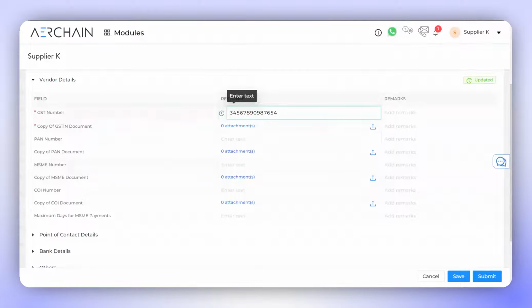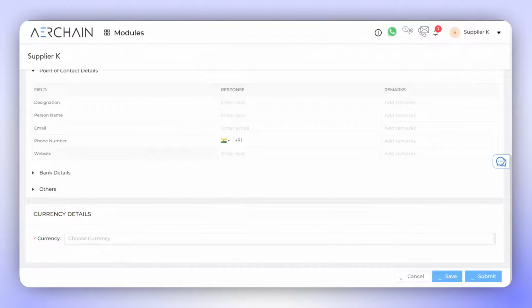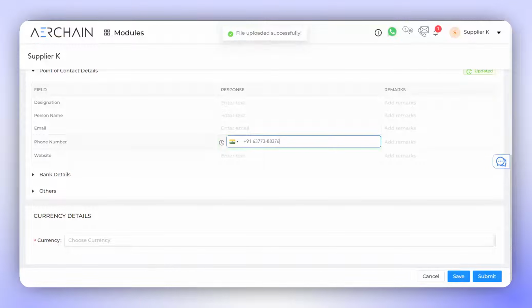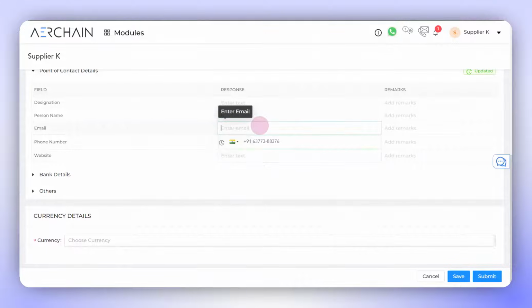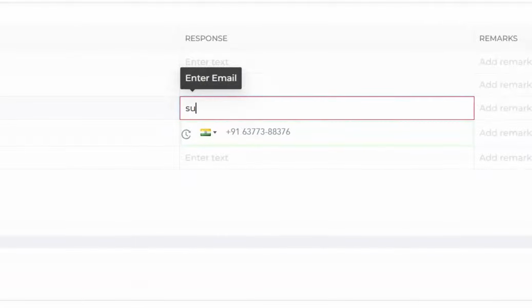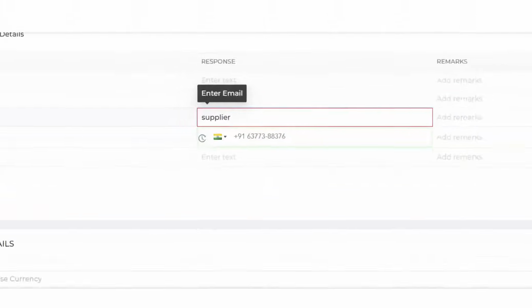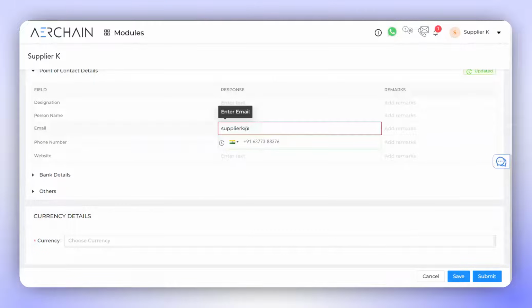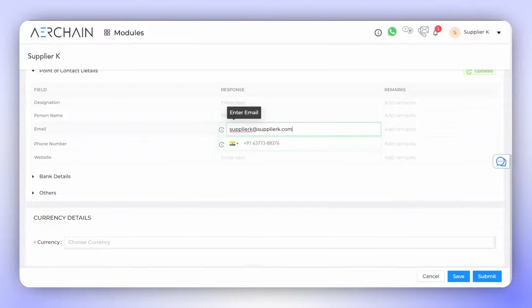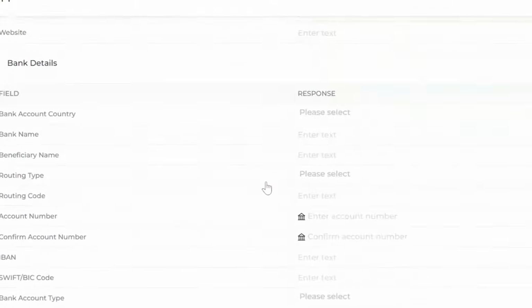Attach necessary documents by clicking on the attachment icon and selecting the appropriate file. You will also have numeric fields, such as phone numbers, and alphanumeric fields, such as website names. Email fields accept characters like @ and a dot. If any field is outlined in red, it indicates that the provided value doesn't match the accepted format. Please ensure to provide values within the accepted format. For example, an email should have the @ symbol and a dot present. Likewise, the numeric field should only have a numeric value.